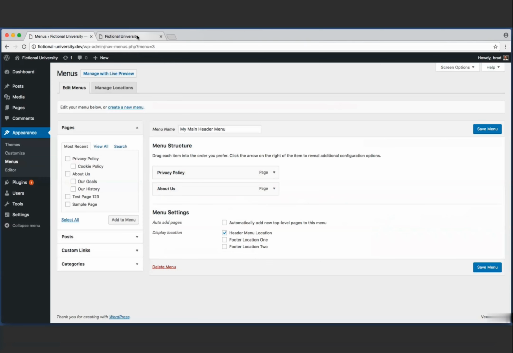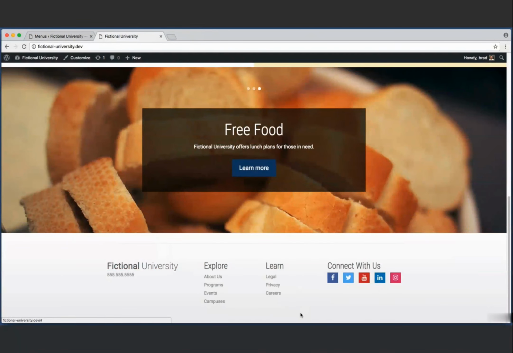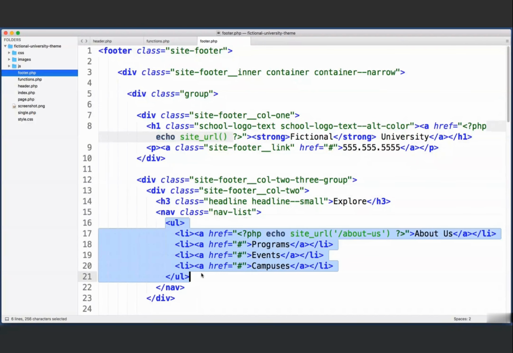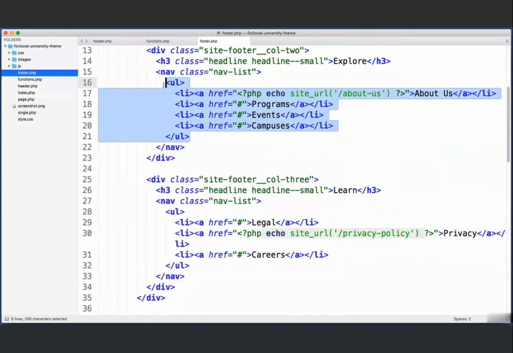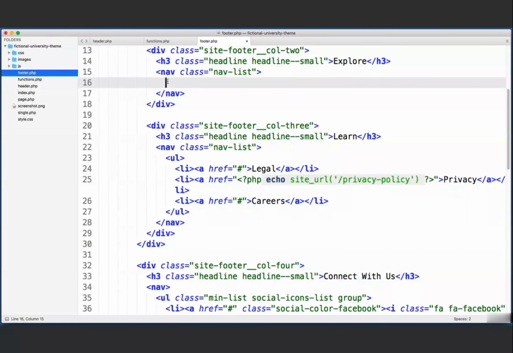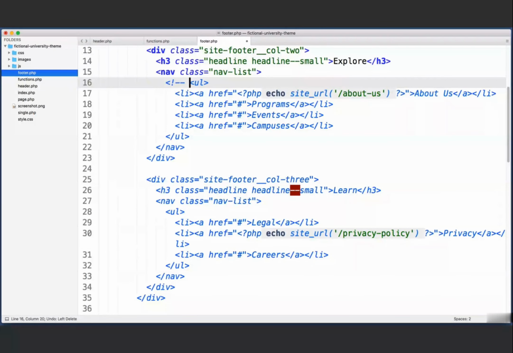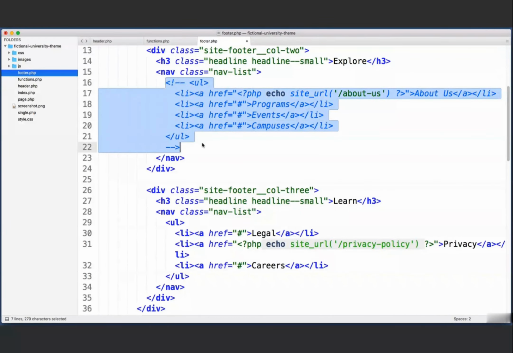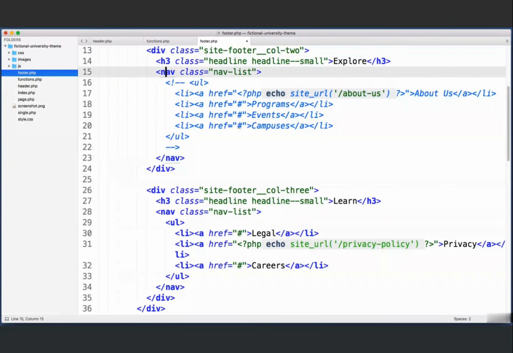Now before we go ahead and create a couple new test menus for these locations, why don't we first jump in to the footer.php file in our theme folder, and let's hollow out those hard-coded unordered list elements. So for this first one, we could just delete this unordered list. You're free to do that, but in my case, I'm just going to comment it out instead temporarily to show you how this works. But at the end of the day, for this particular project, I want to stick with the hard-coded menus. But back to the task at hand, whether you delete this unordered list or just comment it out temporarily,